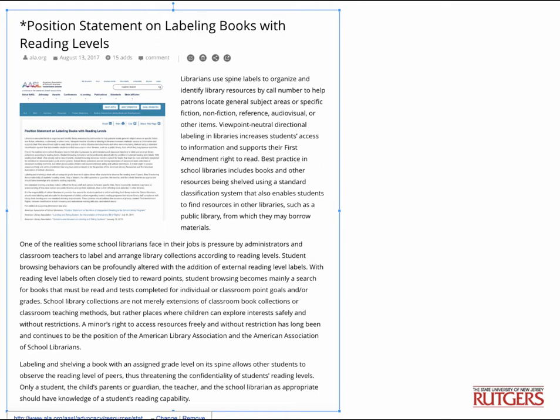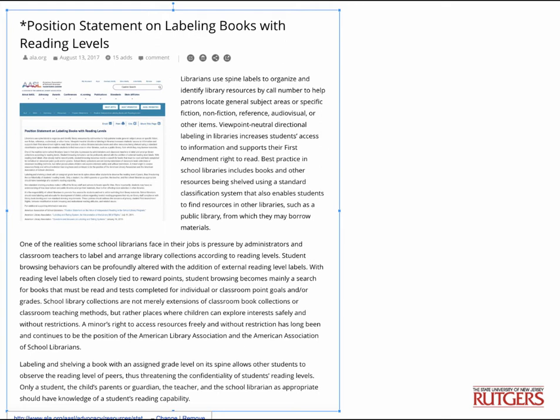School library collections are not merely extensions of classroom book collections or classroom teaching methods, but rather places where children can explore interests safely and without restriction. A minor's right to access resources freely and without restriction has long been and continues to be the position of the American Library Association and the American Association of School Librarians.